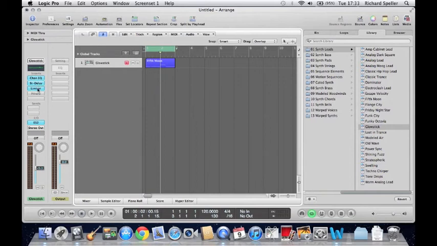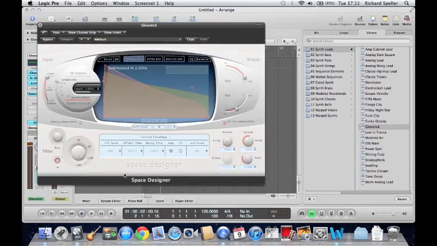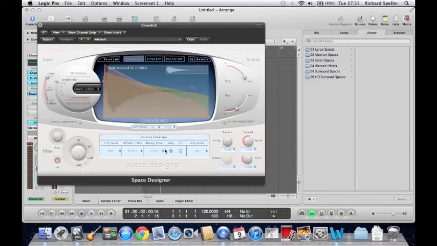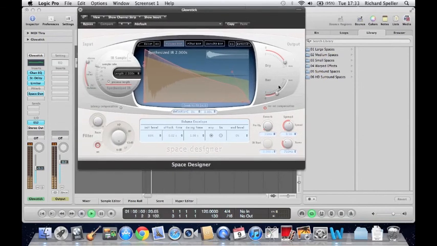Here you've got lots of different effects. I'm only going to go over a few today, but to add more, I just go to here. Delay, or let's go to, I quite like this, Space Designer. This is a great little reverb, and reverb is the thing that allows you to add space to sounds. So if I put that on,